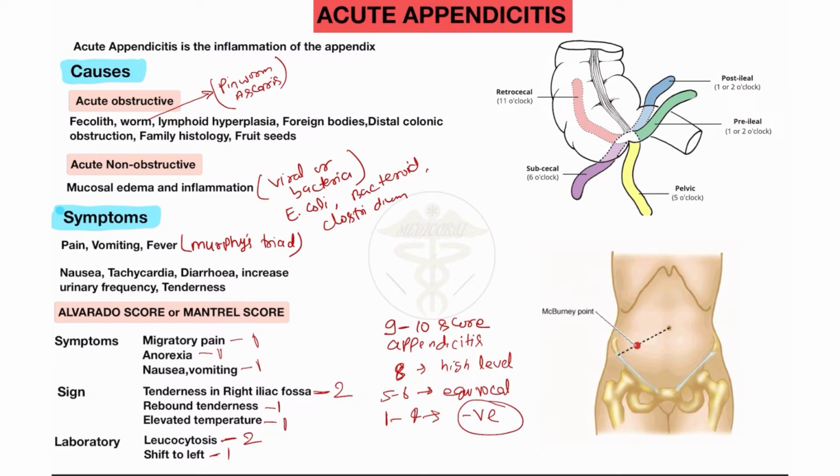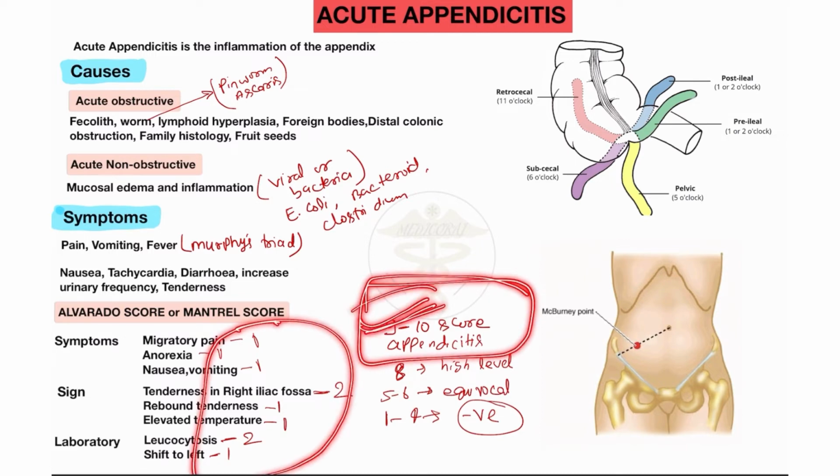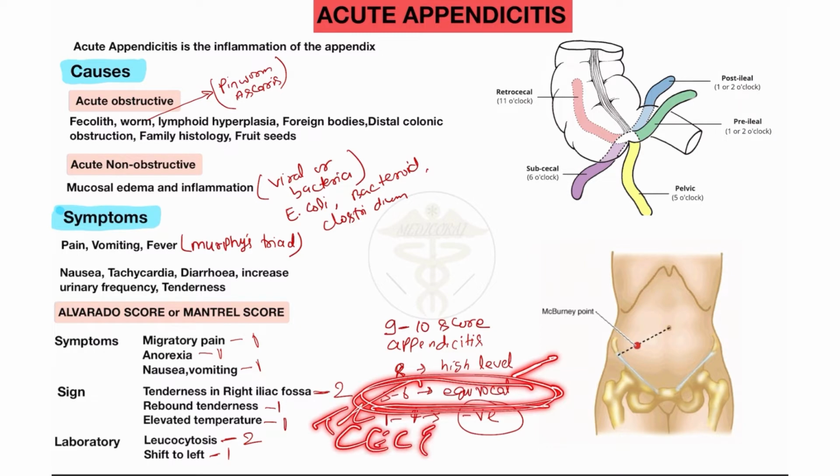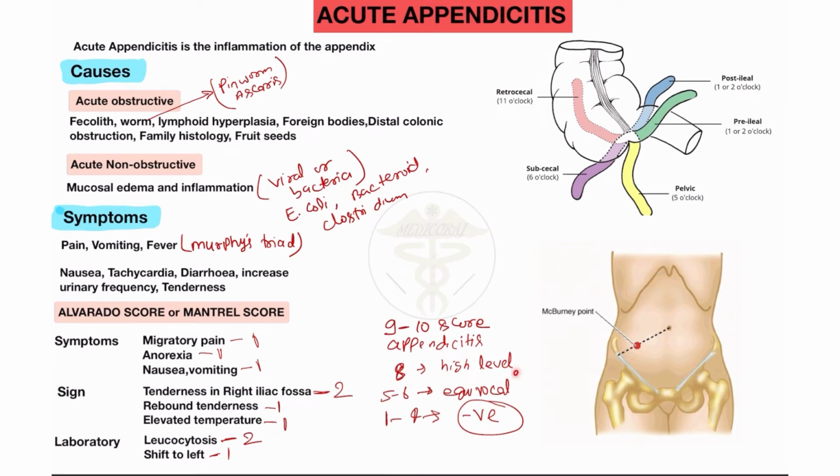So these scores are important. When 9 to 10 score is present, out of a total of 10, you will see that it is confirmed the patient has appendicitis. When 8, then mostly there is a possibility. And a 5 to 6 score is called equivocal. Then we will need a test like CECT. I will discuss this at the end of this video. So CECT is required when the score is 5 to 6. So this is the MANTRELS score. You need to learn this score, there are 10 types of signs you will see in this case.